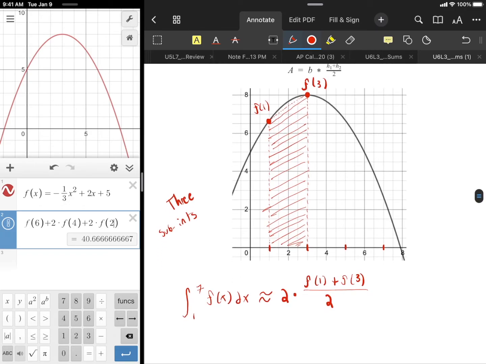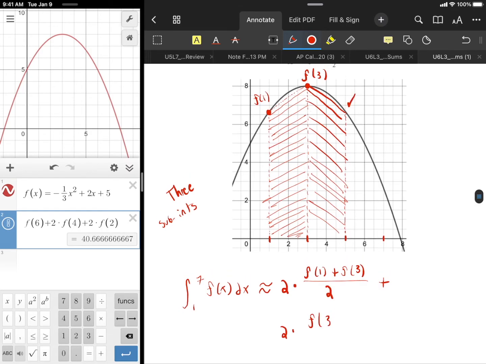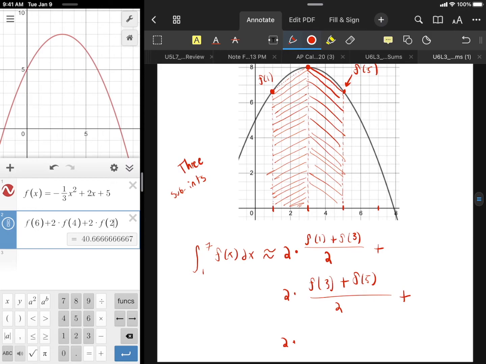Now we're going to need to do that just a couple more times because I'm going to draw my next trapezoid up from 5. Draw right there. We'll do this one the same kind of shading like that. Got our second trapezoid there, and so that's going to be plus 2 times f of 3 and f of 5 averaged. F of 3 plus f of 5 all over 2. Finally, plus 2 times the average here,